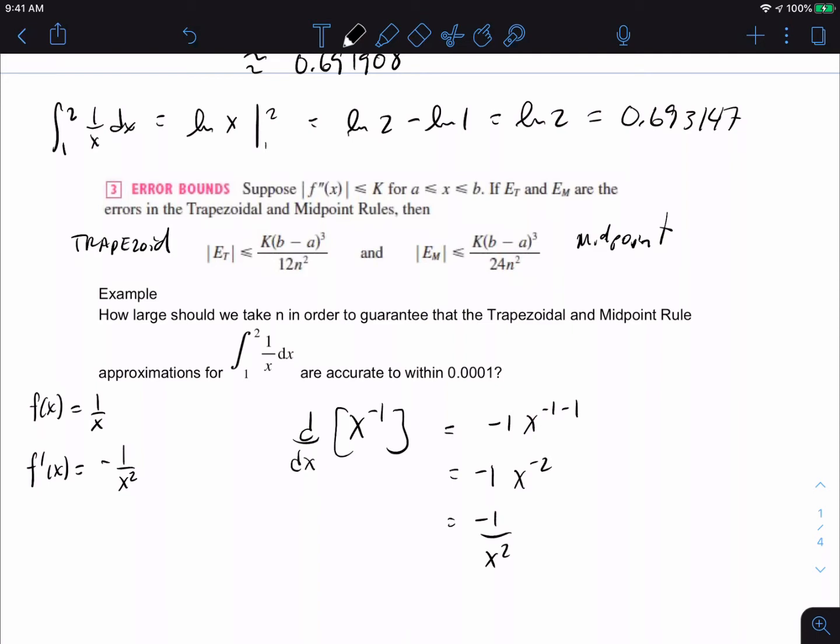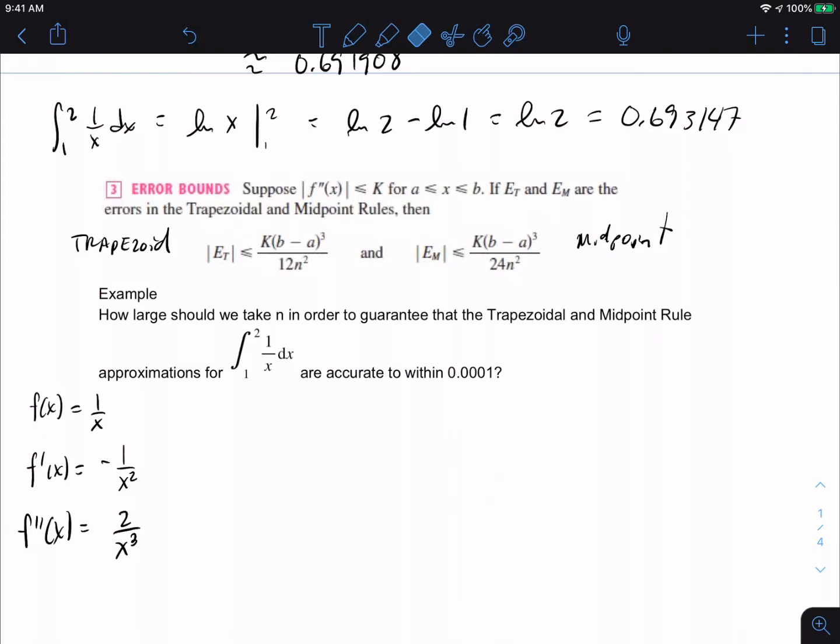Does that make sense, Miranda? Yeah. Okay. Then the next derivative is going to be 2 over x to the third. Do you guys need me to show that one? No. It's okay if someone does, I don't mind. But again, it would be the power rule. All right, let me erase this. Now that I have that,